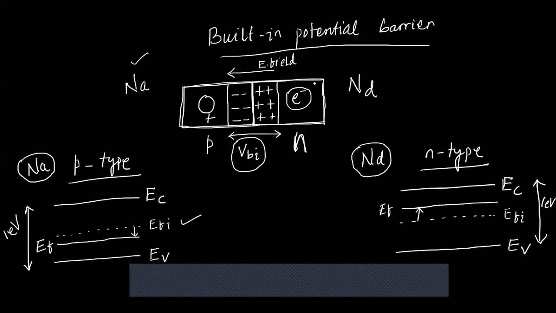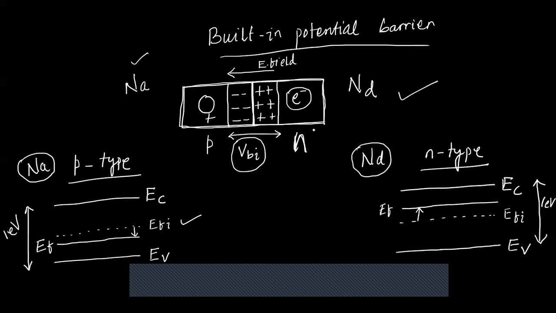Now, in this case, this is the bulk material, which is a combination of both P and N type material. When they are taken together, you can see that the Fermi energy is actually a function of temperature, and also the doping concentration. But if you consider that no voltage is applied across the PN junction, then the junction is in thermal equilibrium. Thermal equilibrium means every section in this PN junction you consider will have the same temperature.